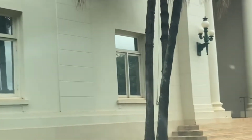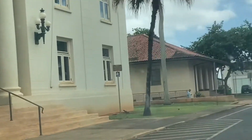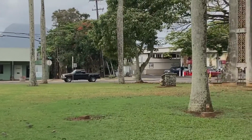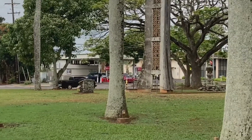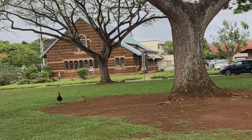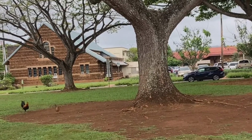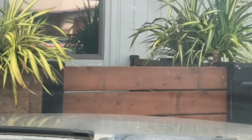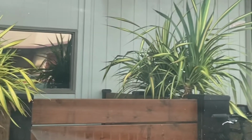This would be the old county building, and we're here in historical Lihue town. There's Kauai Museum and the round building that we were just at. And we are back. Now we are just across the street